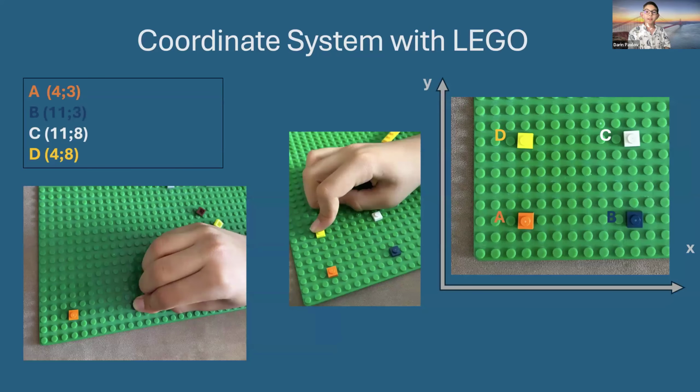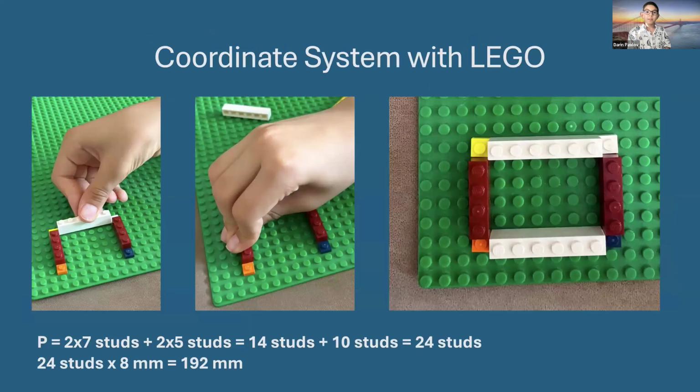A Lego base plate can be used like a coordinate grid. Each knob acts as a point on the graph. For example, A is on the fourth knob on the x-axis and the third knob on the y-axis. B is on the 11th knob on the x-axis and on the third knob on the y-axis. This leaves a distance between A and B for a brick with 6 knobs on the x-axis, and this goes on. In this example, the points A, B, C, and G form a rectangle with sides of 7 studs and